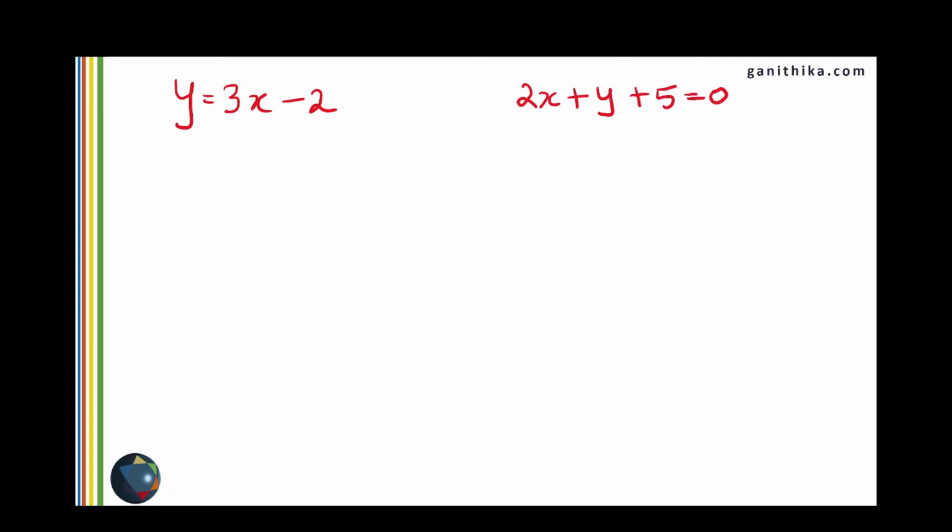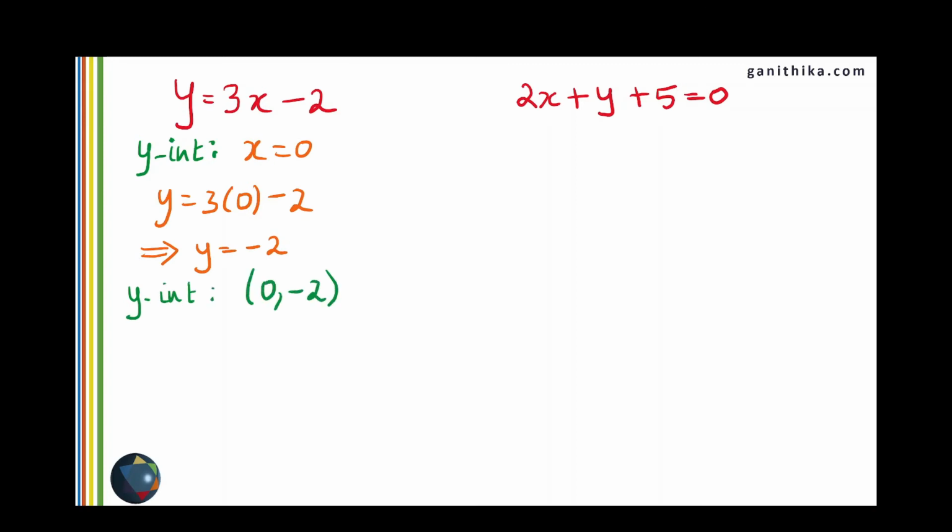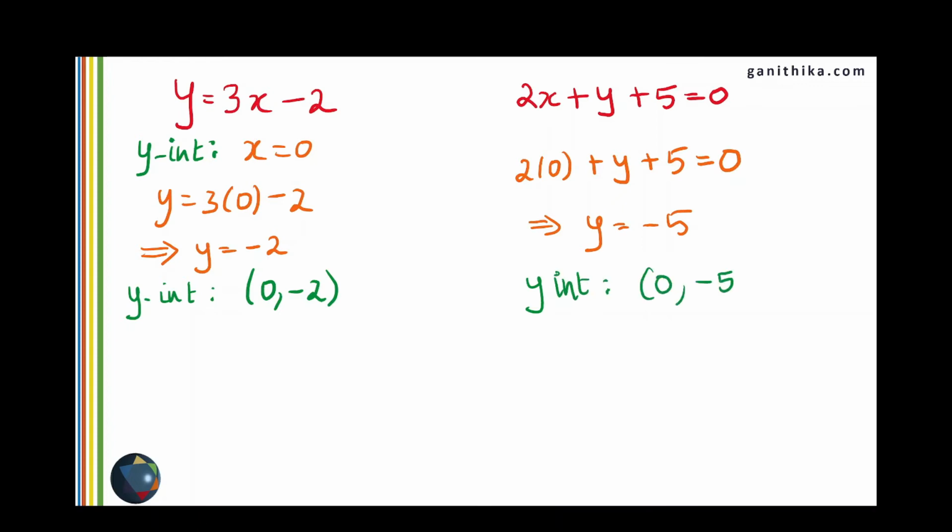In general form, I'm giving you another equation, 2x plus y plus 5 equal to 0 and let's see how to graph these two lines. In the first case, we will be finding the y-intercept by substituting x is equal to 0 and obviously you know that y equal to -2 is your y-intercept for this. Therefore, the coordinate for the y-intercept is (0, -2), which means you will be marking -2 on the y-axis. Whereas in the second equation, substituting 0 for x, you will get y as -5. Therefore, the y-intercept for this is (0, -5), so you will be marking the point -5 on the y-axis.